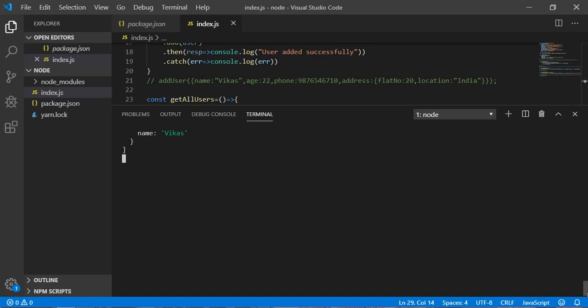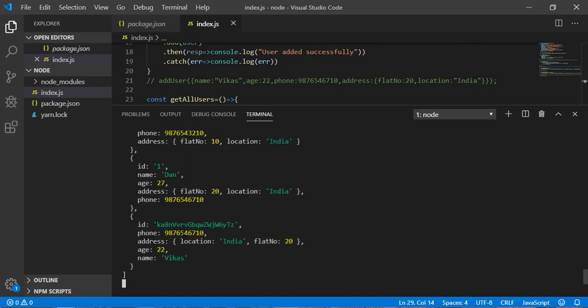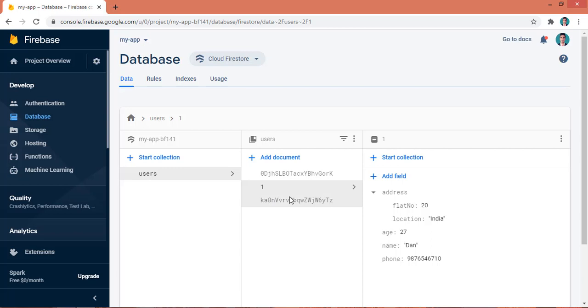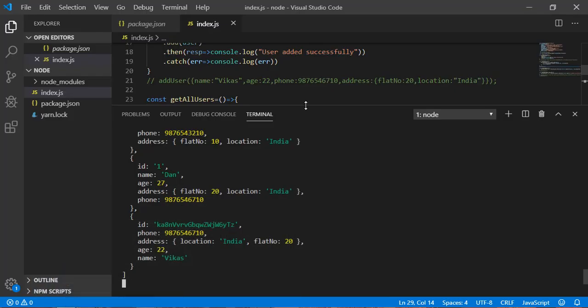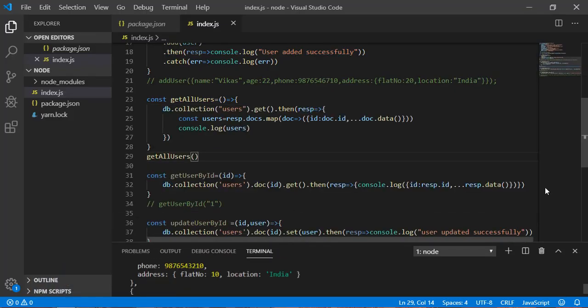So as you can see here, I have this previous object and this object we have modified. So 1, name equal to Dan and age equal to 27. Okay, so these are the two values we updated. Now if you want to verify in the database, you can see here as well. So I got age equal to 27, name equal to Dan. Okay, so we are done with the update.